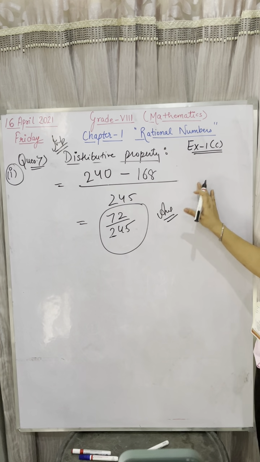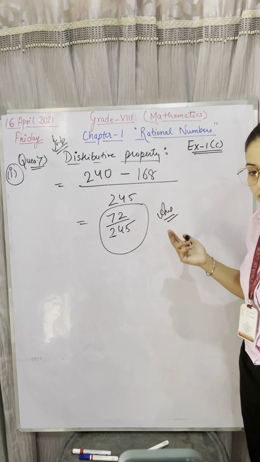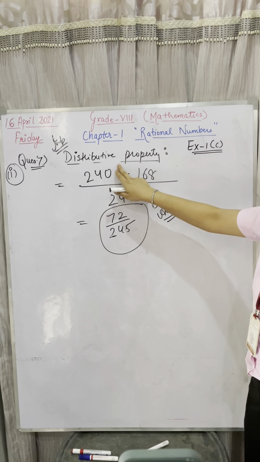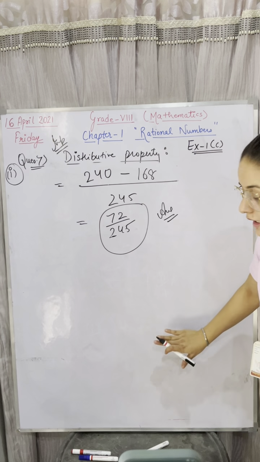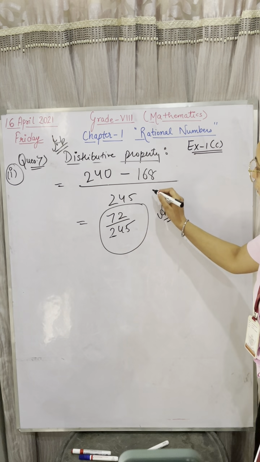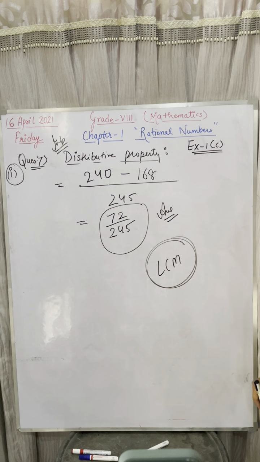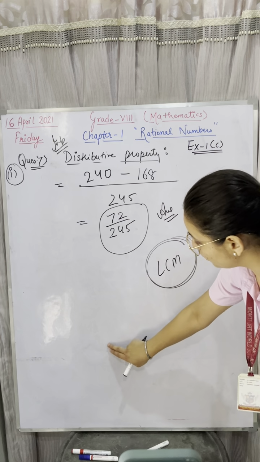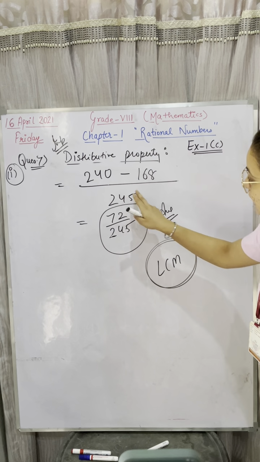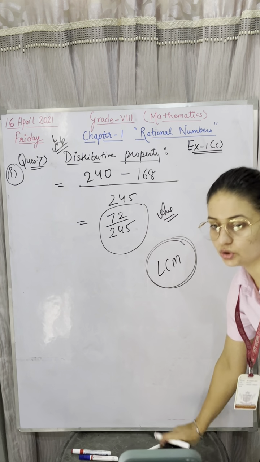In this question, I have erased the question because space was less. So how do you have to solve the question? You have to apply the distributive property. Then after solving the brackets, find their addition. While doing addition, we have to take the LCM. Students are making mistakes in the LCM part only. In the LCM, whatever the denominator is, divide the LCM by the denominator and multiply with the numerator. Here and here, same as it is. And then solve the question.